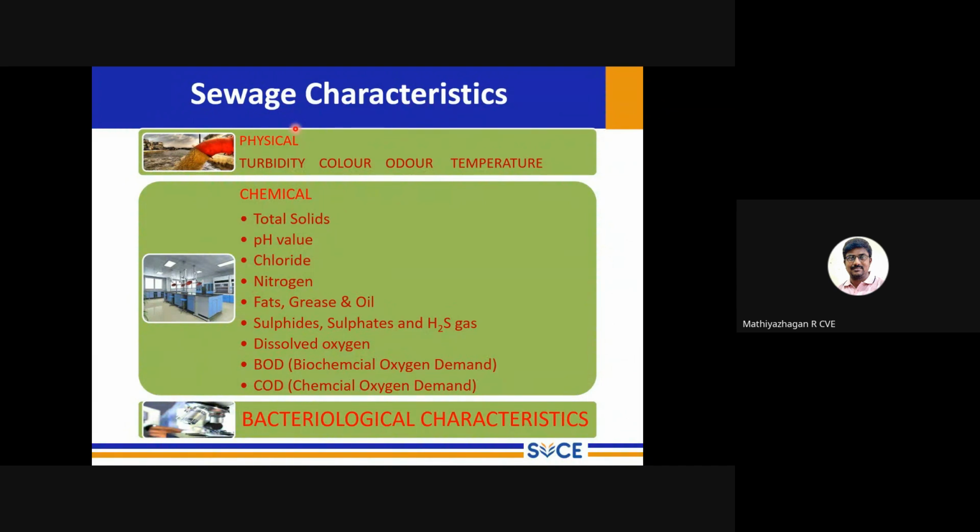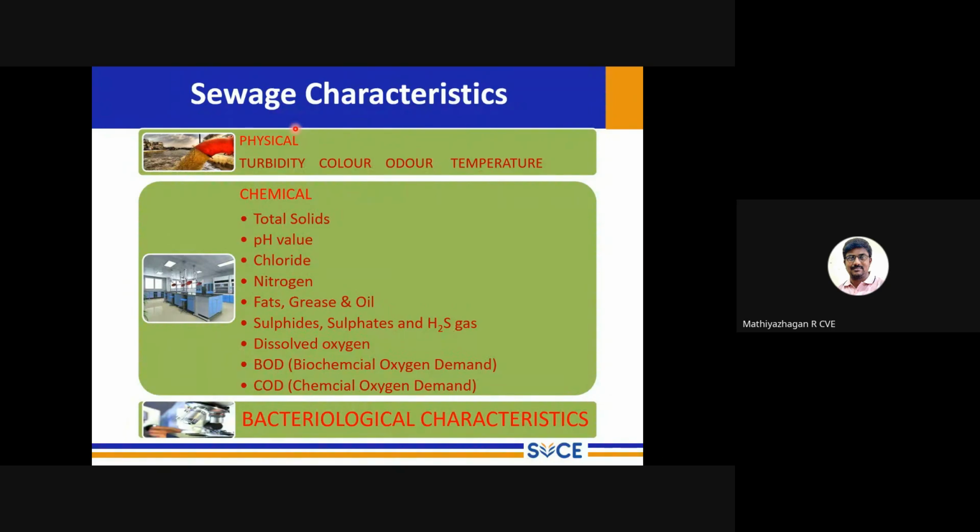Because 99.9% of the sewage is only water. The 0.1% is the solids. So the 0.1% solids create the issue here, and removing that 0.1% solids is our aim. Once we have treated the 0.1% solids from the sewage, it is a good source of water. So far, we are not using it for